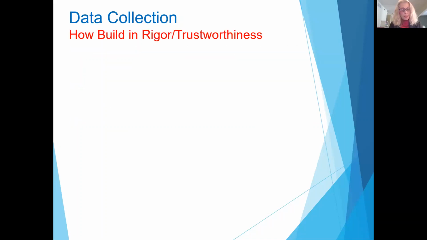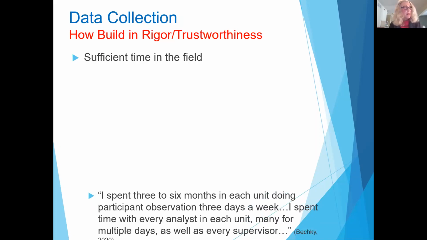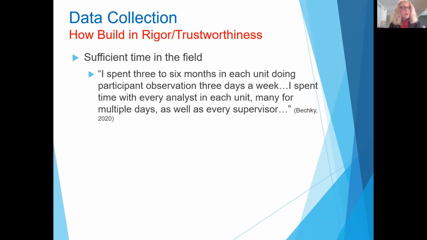Another way to build trustworthiness in your work, particularly when it's an observation or participation or an ethnographic type of research, is to make sure you spend sufficient time in the field. One of the best models for this type of qualitative research is Beth Bechky. Here is a short statement from her 2020 ASQ article on how actors negotiated the impact of technological change on the forensic science field. So Beth notes, I spent 3 to 6 months in each unit doing participant observation 3